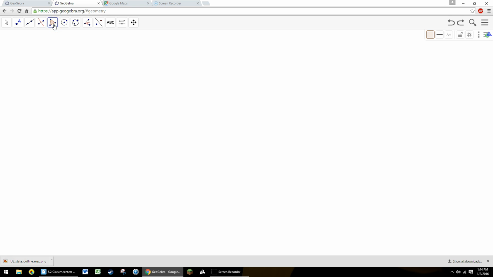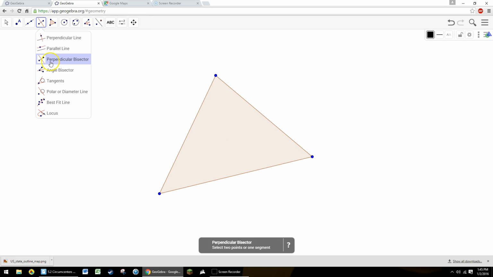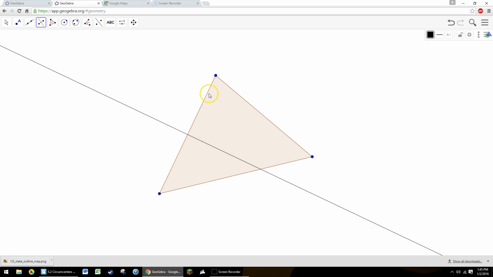Okay, now we know what a perpendicular bisector is. Now I'm going to do a little something on GeoGebra using perpendicular bisectors. So what I'm going to do is draw a triangle, and I am going to use this tool right here that constructs the perpendicular bisectors, and I'm going to do that for each side. And as I do one, you'll notice that the program creates a point in the middle and then makes a perpendicular line for it. I'll do another one right there, and you'll notice that the two lines intersect,